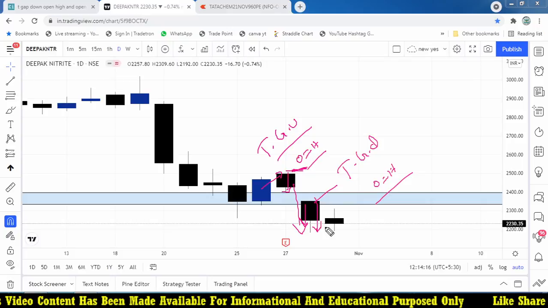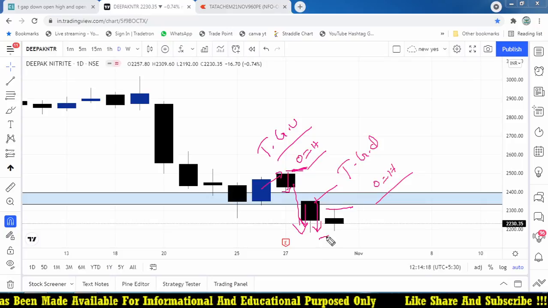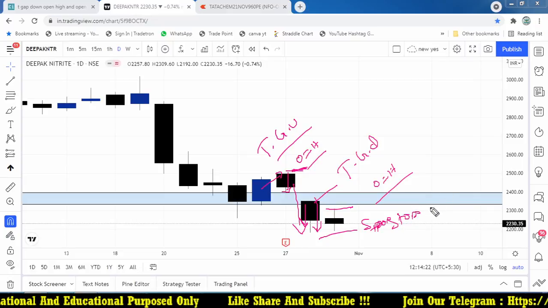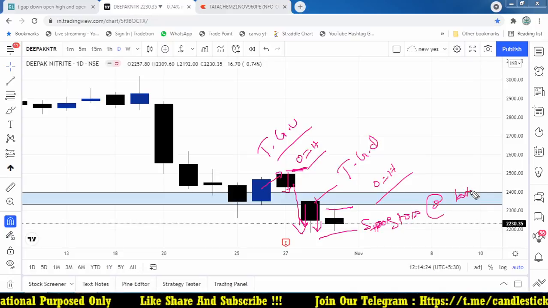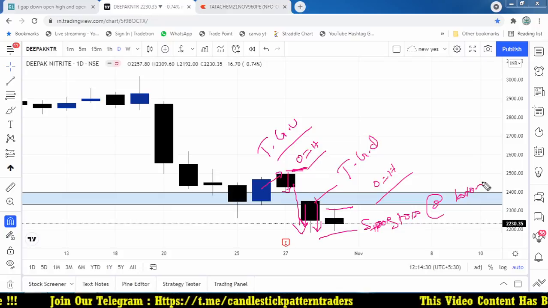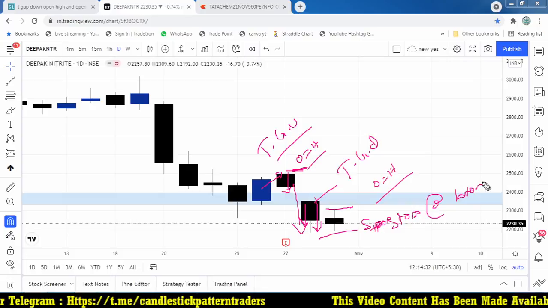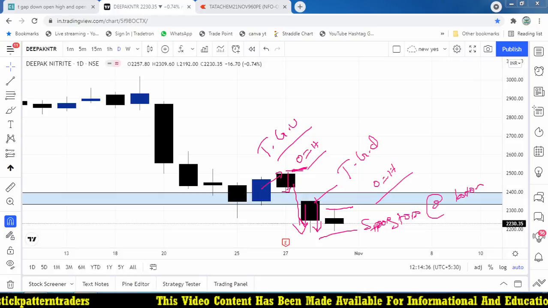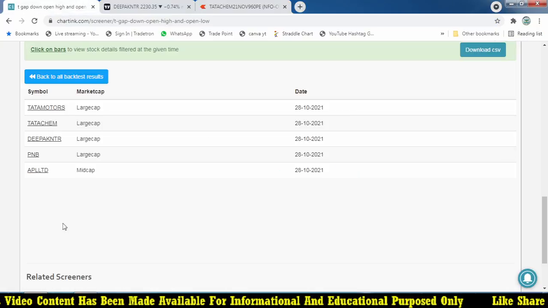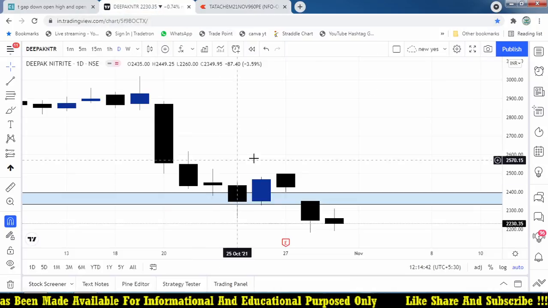Here also it moves well, and now it is forming a like a spinning top at bottom. So no other technical indicators are used here, only the price, how it reacts according to the opening of that market. And this open price, it looks good, and this one we seen most of the stock which is a technical gap down. And let's say PNB, what happened in PNB?